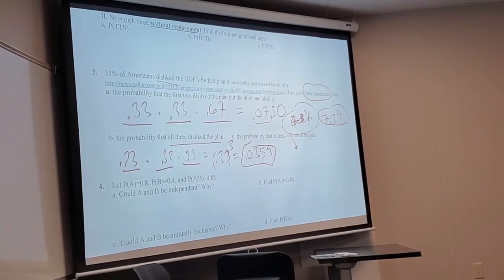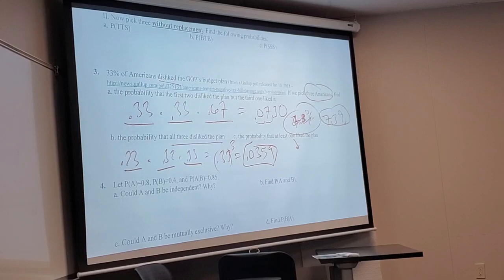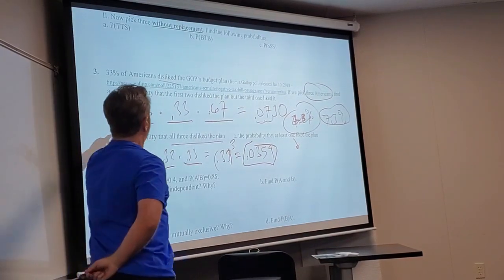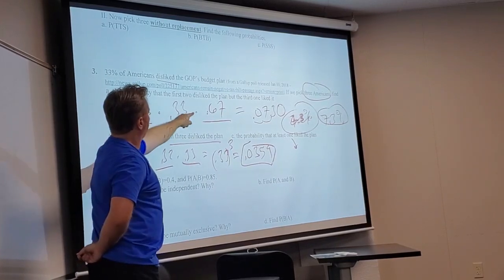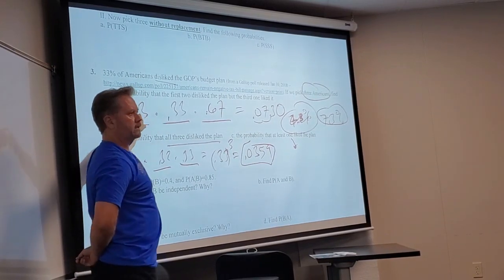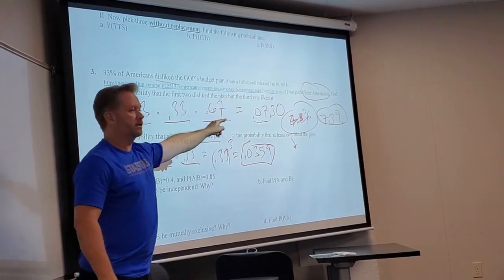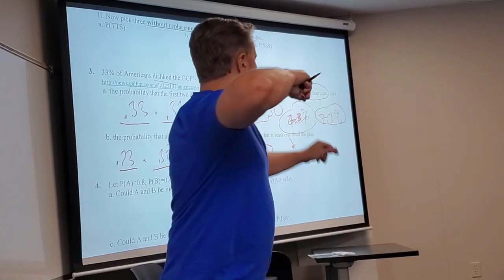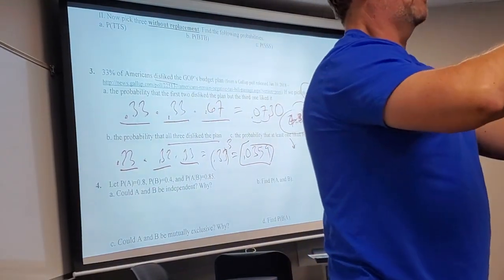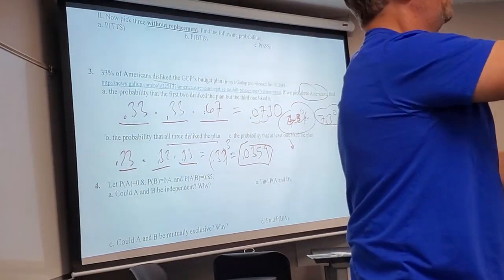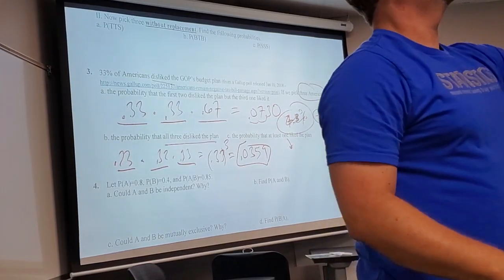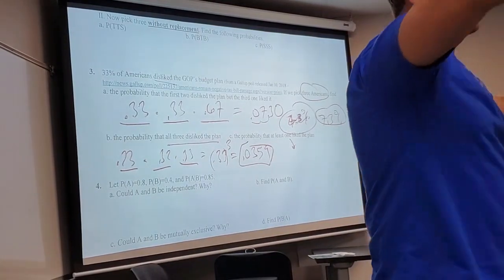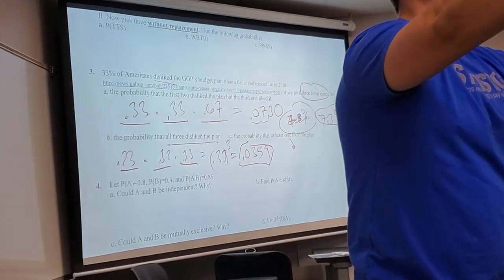So I'm not sure if you guys really understand how much work it would take. This is a specific one likes it, the plan, right? You with me? Doesn't one person like it up here? Okay. So if I want to do at least one directly, I have to do the probability one likes it, and that could be the last one, or the middle one, or the first one. Then I have to do the probability 2 people like it, and that could be the first 2, or the last 2, or the first one and the last one. Then I have to do the, holy shit,